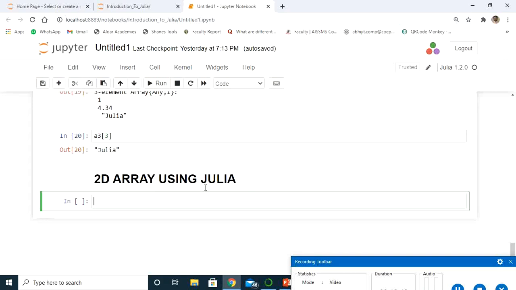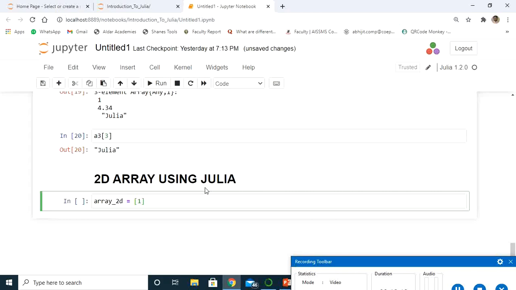As far as two-dimensional arrays are concerned, let's see if it is possible to store a matrix using the Julia programming language. I'll create one variable, array of 2D. If you want to store a two-dimensional array, we can make use of the semicolon.